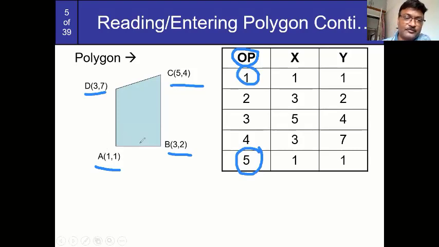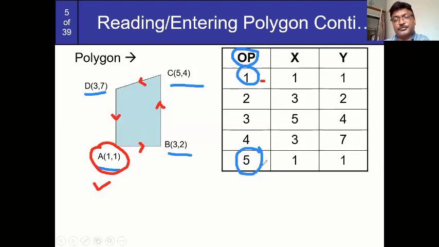A to B. So this is my A to B line, then go to B to C, then again I go for the C to D line, and at last I have to go from D to E. So this point I have repeated 2 times. That is how you can store it. So that's how I store it in the 1, and then again I have to store it in the 5.